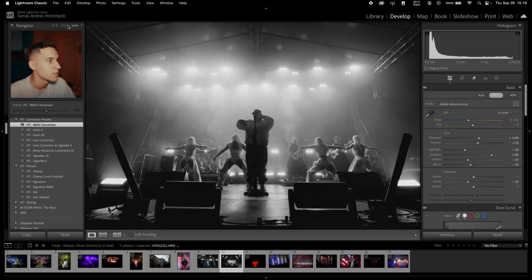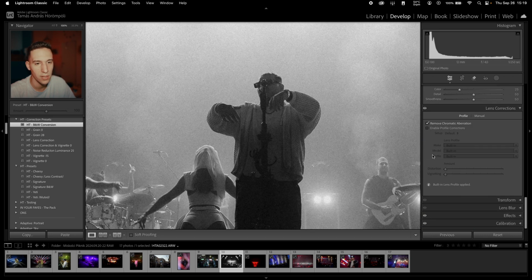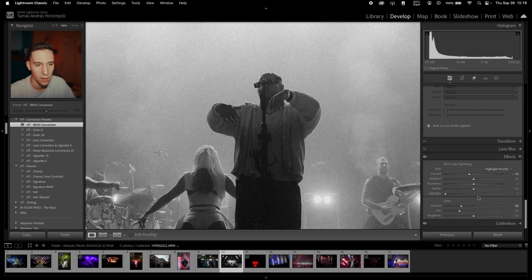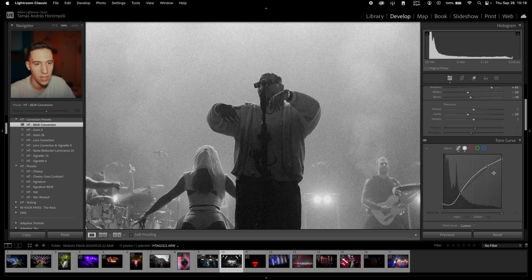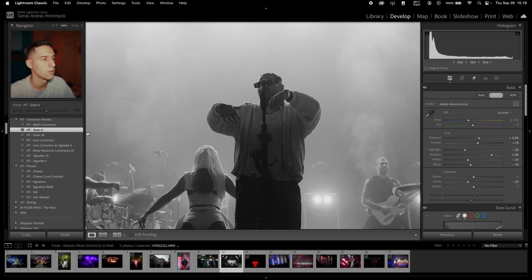Or for example, this preset has grain. You don't have to scroll down to the effects and manually reset the grain and close the tab and scroll back again. You can just click the grain 0, or if you decide that you want to use more grain, then you can just